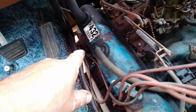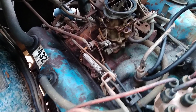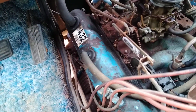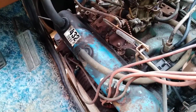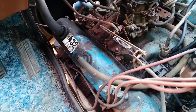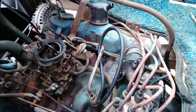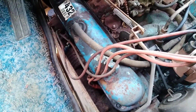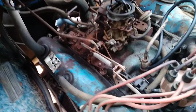I hear the noise a little right there coming from these, but these motors are noisy with the doghouse off anyway. But I'll probably, right where I've got this on the ramp, I've got the gasket right there for the other side. I may as well do both of them. $18 or $19, $20 or $22. I got a couple new bolts for the manifold. I think I'm going to do this side. I can hear that exhaust over here. Then I think I'm going to